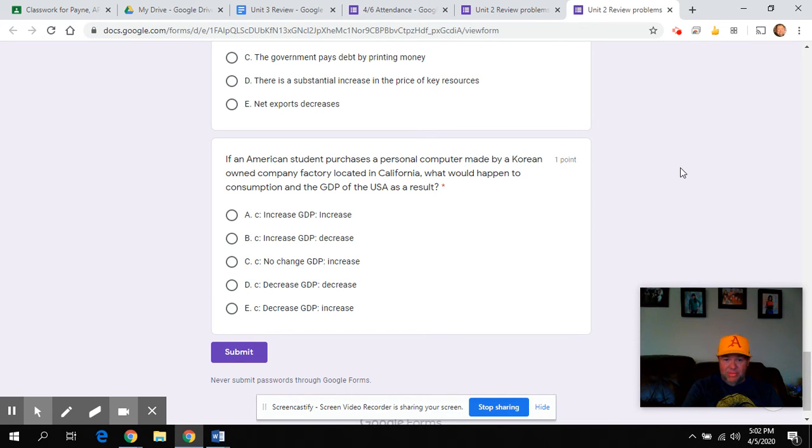Why? Where was the factory? The factory was in California. So even though it's a Korean-owned company, the computer itself was made in California, so that increases our GDP. So remember, it's where it's made. And the example I kept using in class was the big Toyota Tundra. The Toyota Tundra factory is in San Antonio because nobody in Toyota buys gigantic trucks just to drive around. The market for those is only in the United States. They put the factory here, so all the Toyota Tundras are actually made in the United States. So that helps our GDP.